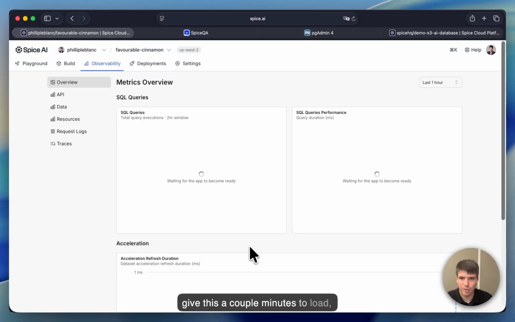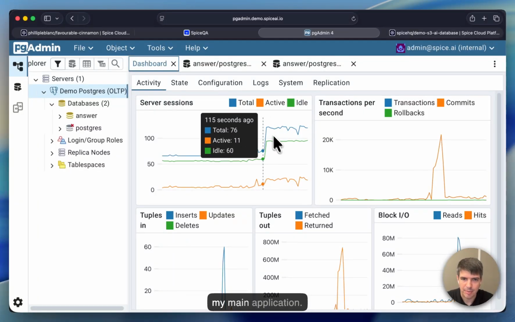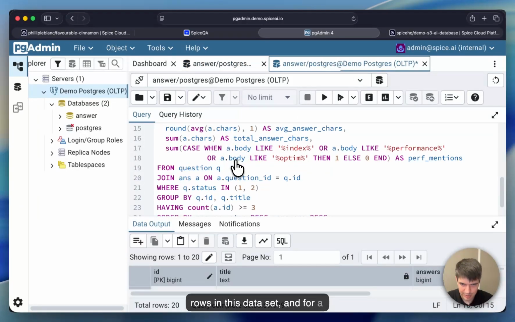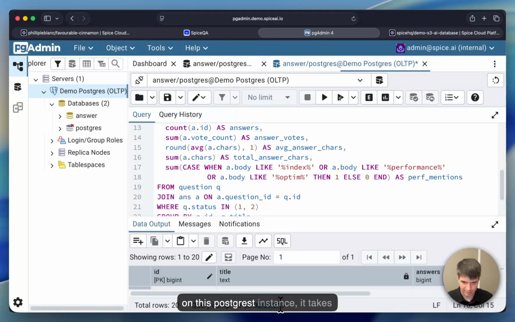Spice has found all of my tables, and so now I'll go ahead and create the app. We'll give this a couple minutes to load, and in the meantime, swap over to pgAdmin. This is connected directly to my Postgres instance that's powering my main application. If we come over here, we can see that we've got about 1 million rows in this data set, and for a typical analytical query like this that your agent might want to run on this Postgres instance, it takes